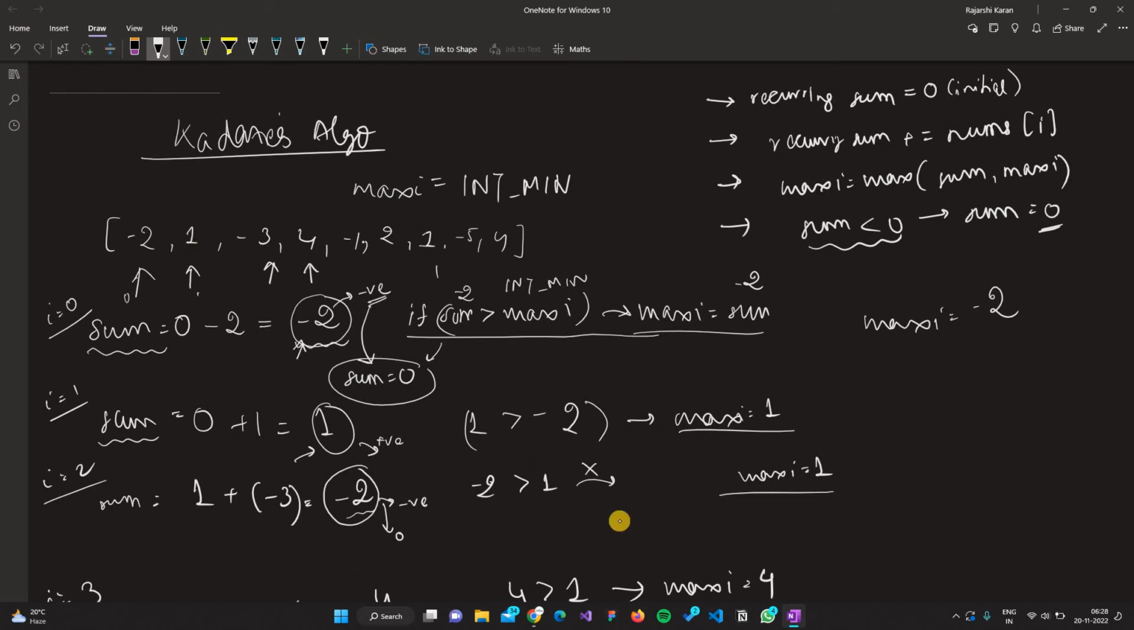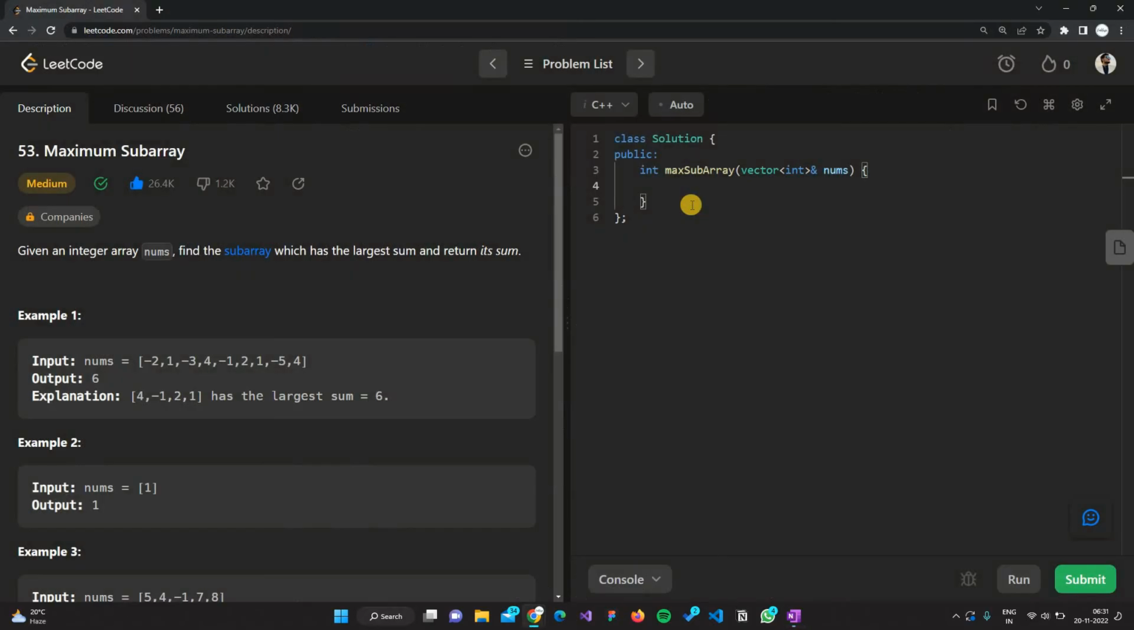So let's jump to the code and check how this works. In our code, as we had mentioned, we will be taking 2 variables at first. One will be our recurring sum, which will be initialized to 0, and one will be our maximum sum variable, which is going to be initialized to the minimum value of integers, and it's going to be updated